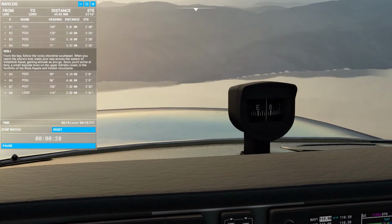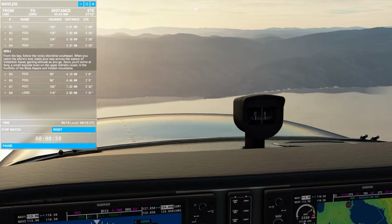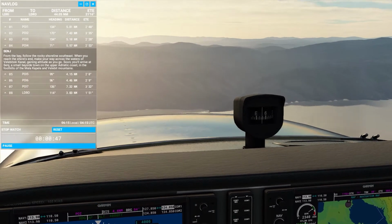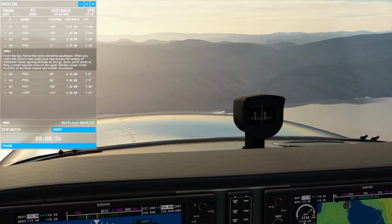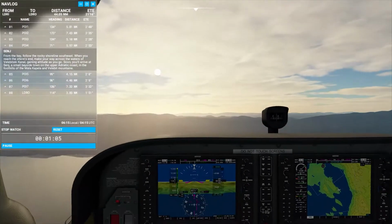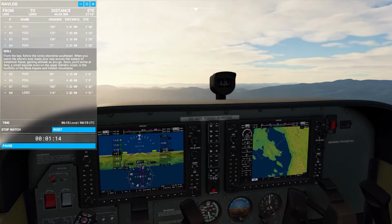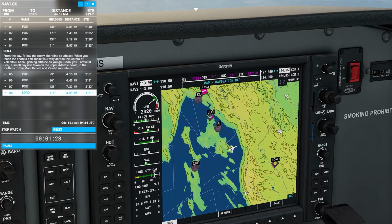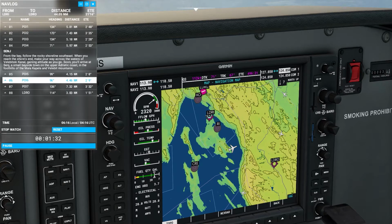There will be a small little town over there, and that would be Senj, whatever. My Croatian language is not the best. And from there on we'll be flying to LDRO. That's our destination. So we're about halfway. And let's see what our next